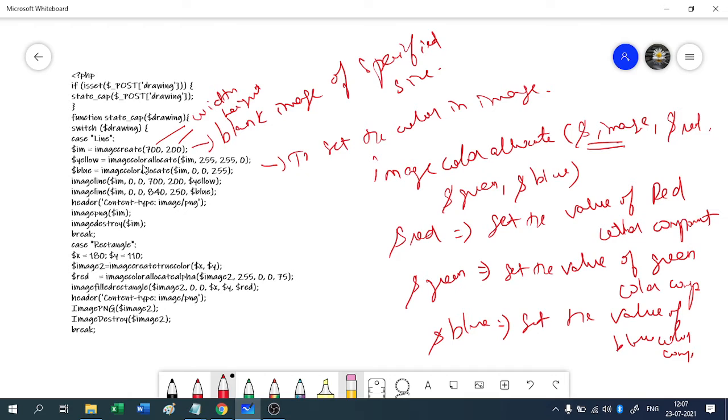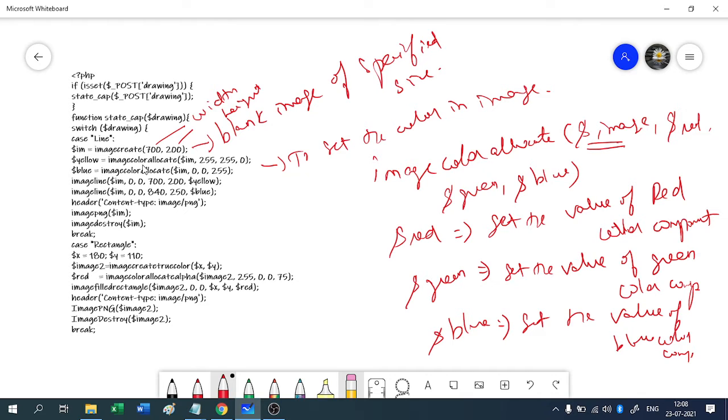So 255 is the red component value, another 255 is the green component value, 0 is the blue component value. So we are assigning that color to the variable. Okay, the same thing happens in the next line also. So we are creating one more color, then we assign that to blue.